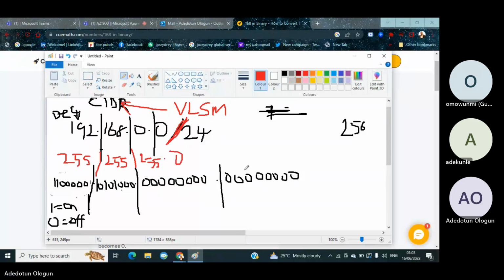255.255.255.0. So now you are no more using this one. You are no more using this now. We are not going to be using this one. Why? Because of /24. So this /24 is saying